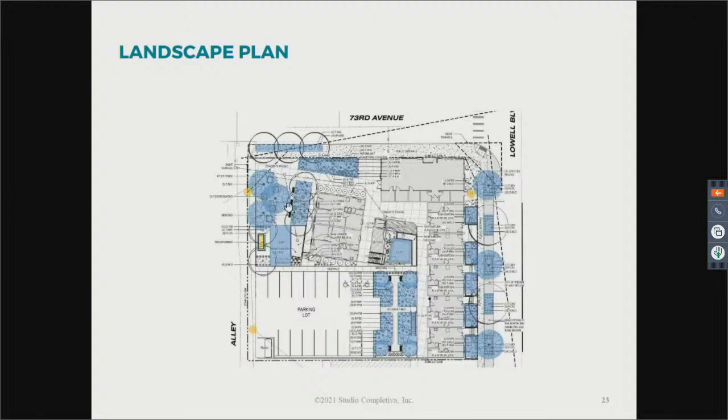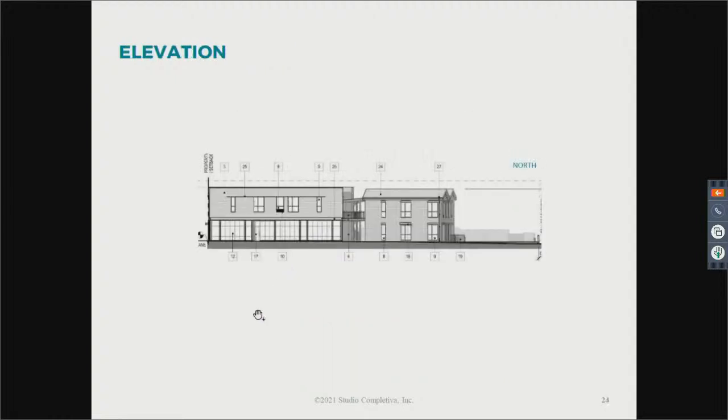The planting area and rain garden in the semi-public garden will accommodate all the precipitation falling on our 2-bedroom units. These also feed into the stormwater inlet at the northwest corner of the site. Next slide, please. Our maximum allowable building height is 30 feet. At its highest point, at the corner of Lowell and 73rd, our building is roughly 27 feet tall.